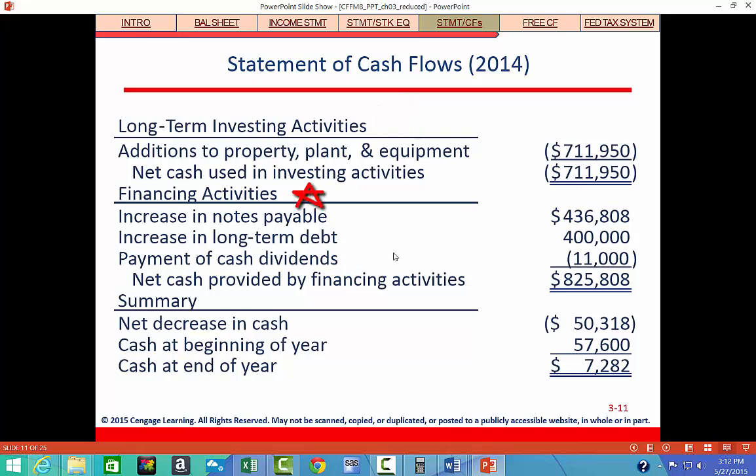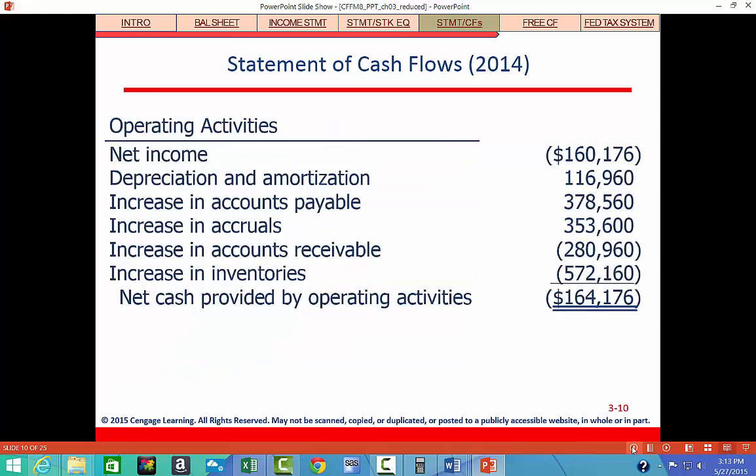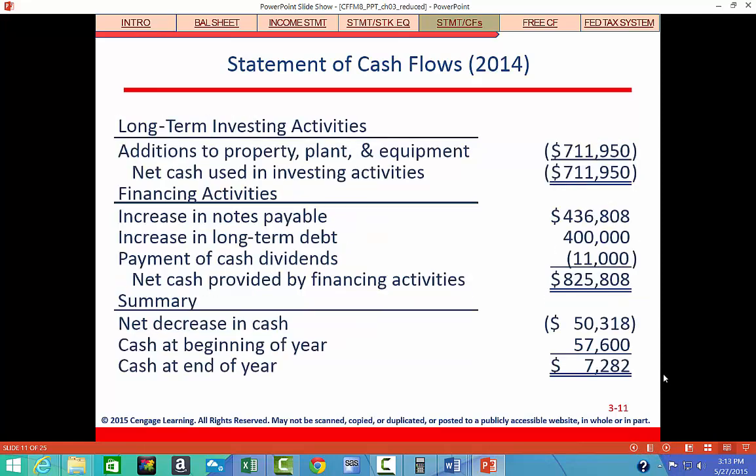And financing activities, you look at if there was an increase in notes payable, that means they received cash. So that's a plus. They increased long-term debt, so that's also a plus. It's because they received that money for financing. And then when they paid dividends, that was an outflow. And so you can see that if we sum, let's go back, the negative 164 and the negative 711 and the positive 825, you get a net decrease in cash of negative